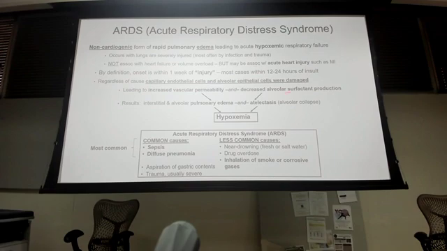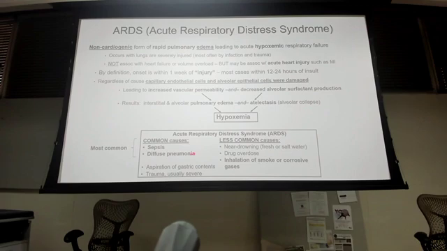And then if my alveoli cells are damaged, what's that going to do? I'm not going to be able to produce surfactant, which is what's keeping my alveoli open against that surface tension and allowing them to actually have gas exchange. So we get that pulmonary edema because of the increased vascular permeability of those damaged endothelial cells, the capillary cells, which are just dumping out fluid. And then we're not able to keep those alveoli open, they keep collapsing because we're not making surfactant, which then leads us to hypoxemia, right?